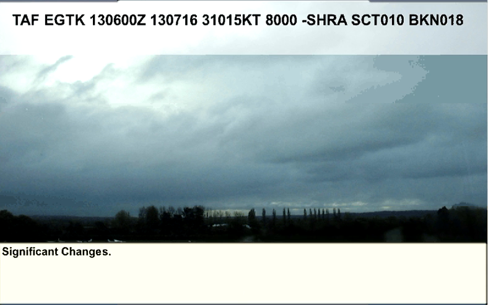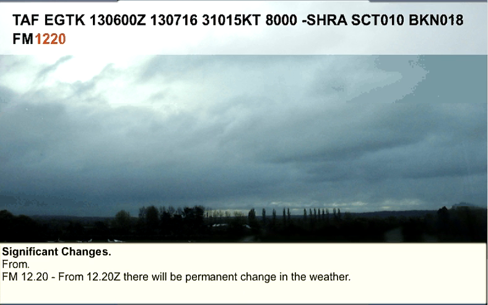The first change indicator is FM, meaning from. This is followed by a time group in hours and minutes as shown here. This means that from 12:20 Zulu, certain weather changes will occur. These weather changes will supersede the corresponding weather prior to this period. In this example,